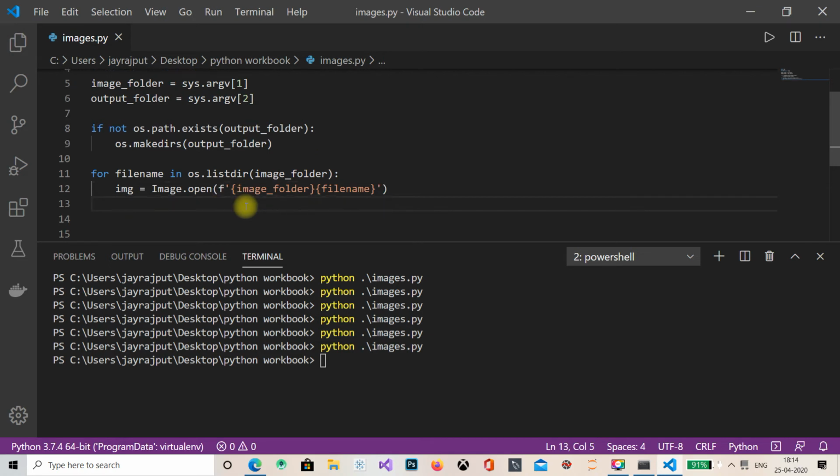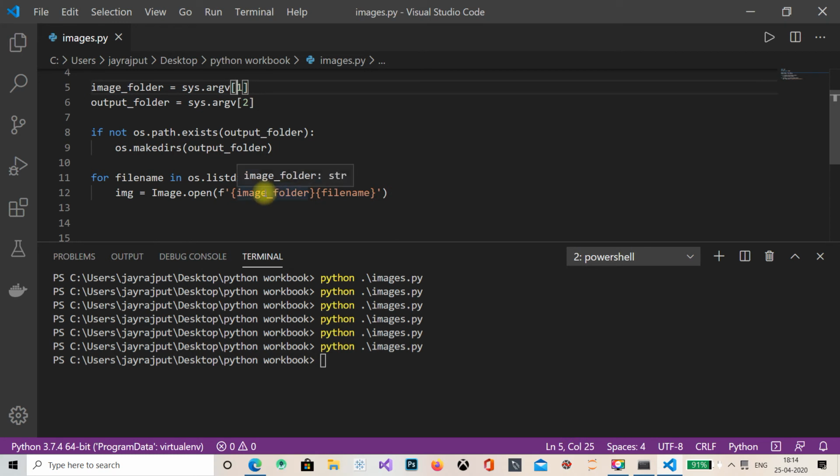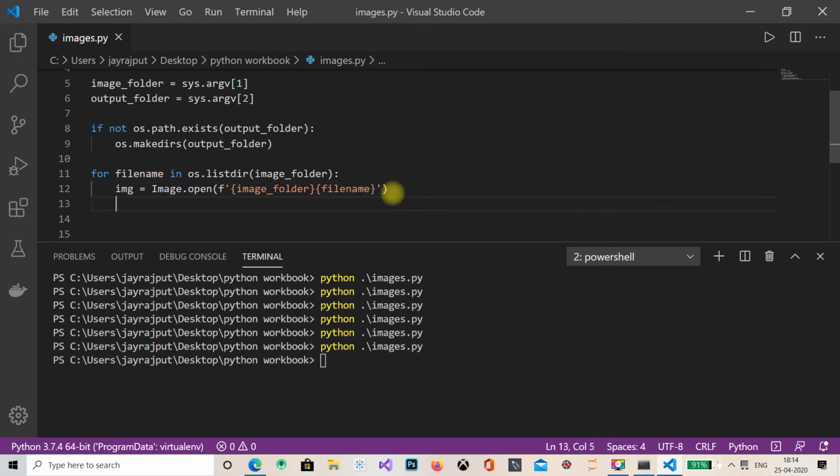So, guys, what I have done here is image is equal to Image.open of image folder, which is the first argument of ours. Okay, I have put it here. Filename, whichever filename we are going to use, whichever filename it has, that's what is going to go here. And then clean name.